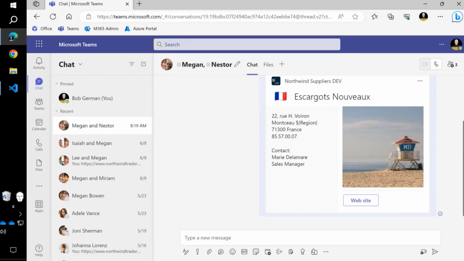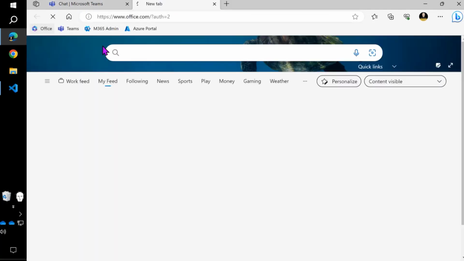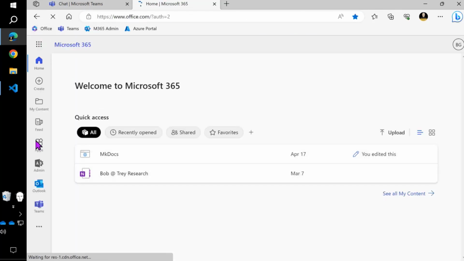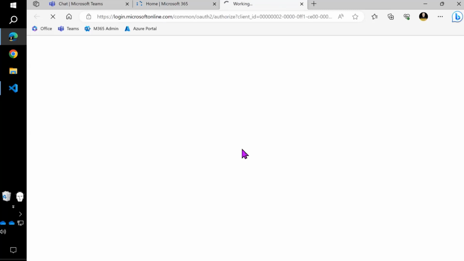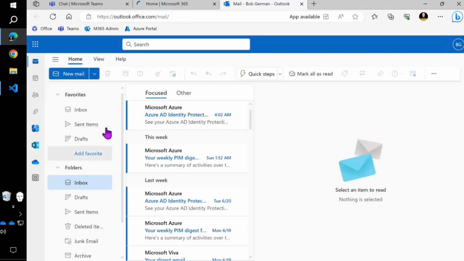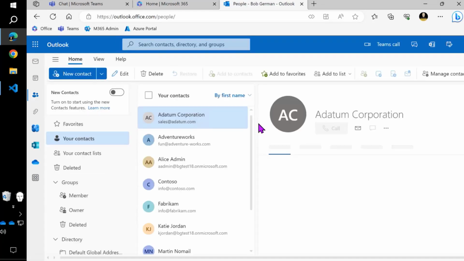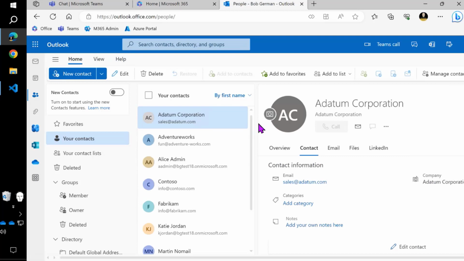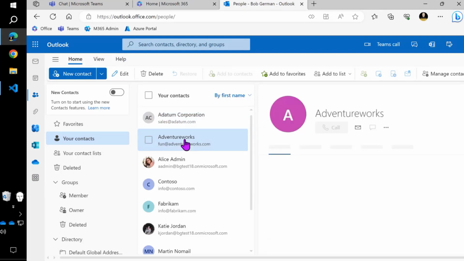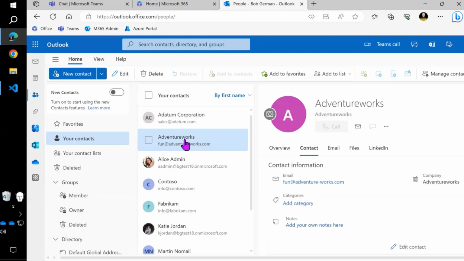I'm going to do these a little bit out of order. The next one that I'll show is actually Lab 5, which is the single sign-on with the Graph. Let me just pop into Outlook and show you, since I need to be there for a future part anyway. I'll go to the little people icon and show you my personal contacts. So the fake business scenario here is that we're Northwind and we're managing our suppliers. It's perfectly reasonable that I would be building a relationship with a new supplier like AdventureWorks or ADatum, and I would have their data in my personal contacts list.